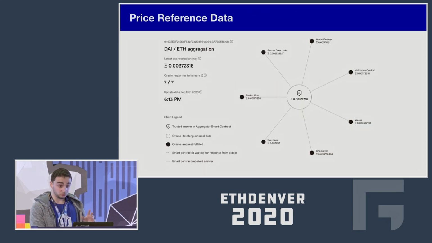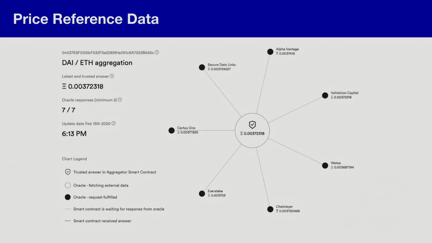That's a reference contract, which is fetching the DAI ETH pair using multiple node operators. On this contract, we have 7 operators, which are fetching the price of the trading pair DAI ETH, using 7 different data aggregators. These aggregators can be Kaiko, BNC, CoinMarketCap, CryptoCompare, etc., right? And basically the way it goes is we have all of these decentralized networks, like we have one for DAI ETH here.